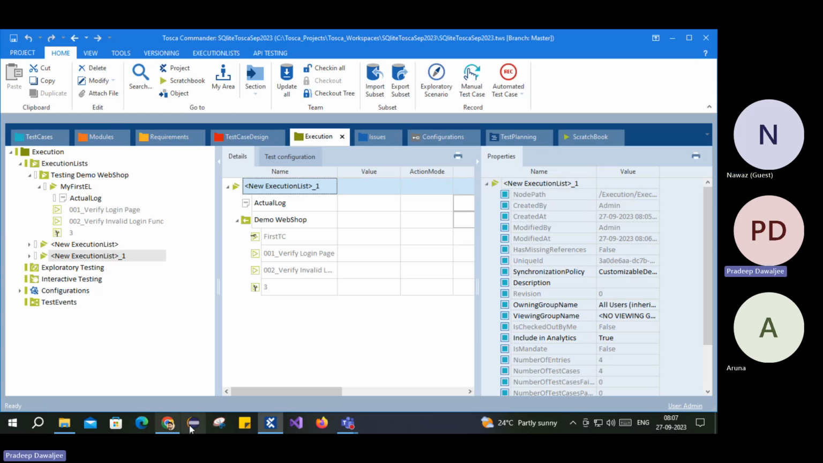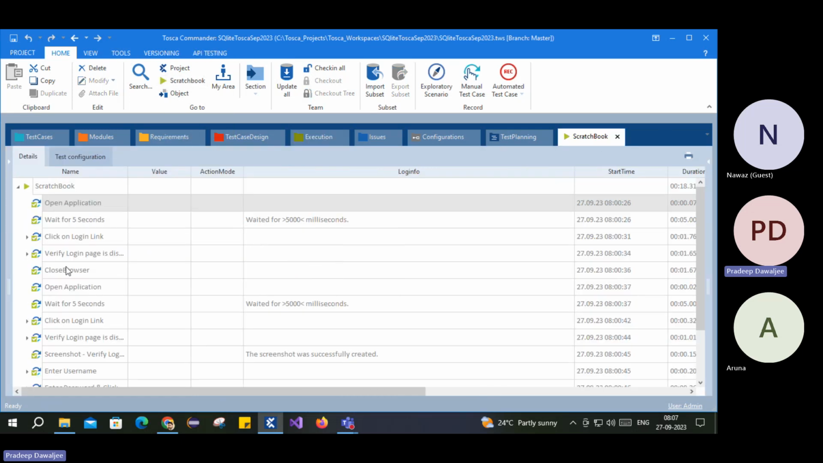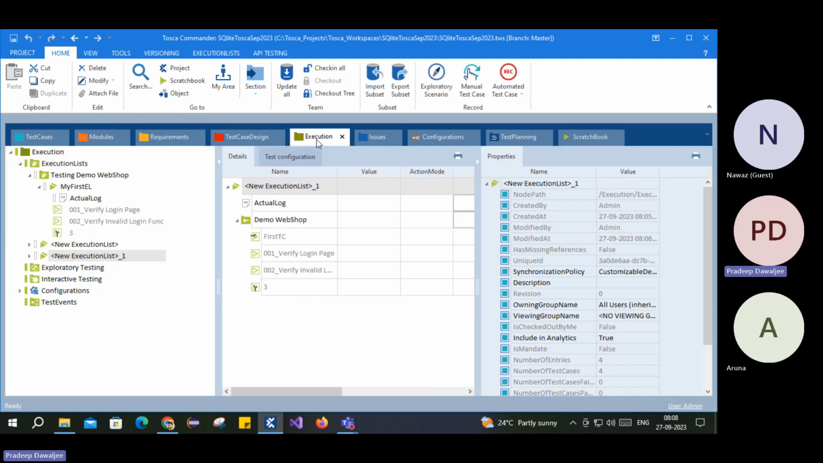Yeah, so as I was saying, in Scratchbook, if you want to log how many passed, how many failed, which one failed, where it failed, and all that log, if you just close the Scratchbook, close Tosca Commander and relaunch, if you come again the next day and look at the previous run, you won't find any details. But in the execution list,